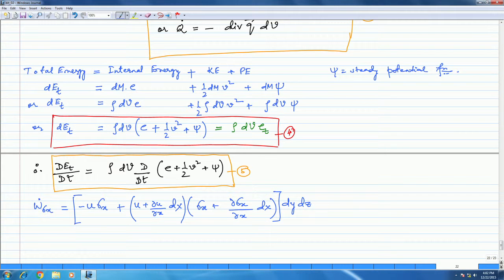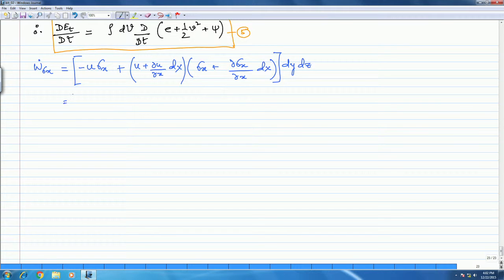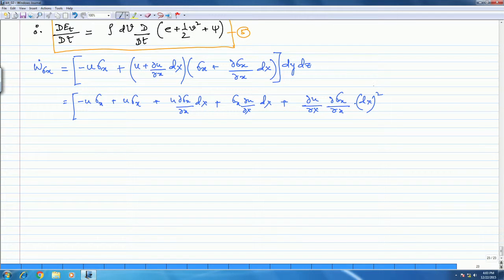So if I do this, minus u sigma x plus, I'm going to multiply that out: u sigma x plus u del sigma x del x dx plus sigma x del u del x dx plus del u del x del sigma x del x dx square, all of that into dy dz. You can see that these two cancel each other out, and I'm also going to take dx out of the bracket. So then this is equal to